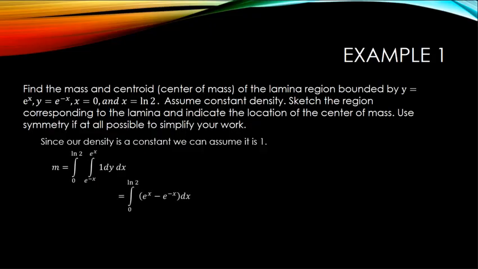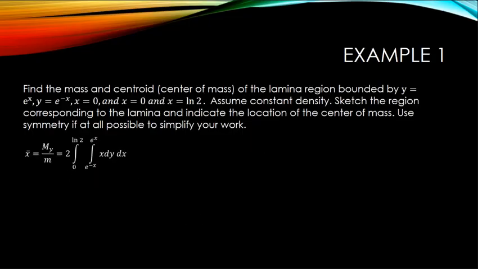This is equal to the integral from 0 to the natural log of 2 of e to the x minus e to the negative x dx. I do that integration, evaluated from 0 to the natural log of 2. This gives me 1/2 for my total mass. Now, using 1/2 for little m, my x bar is equal to capital M sub y over little m, which